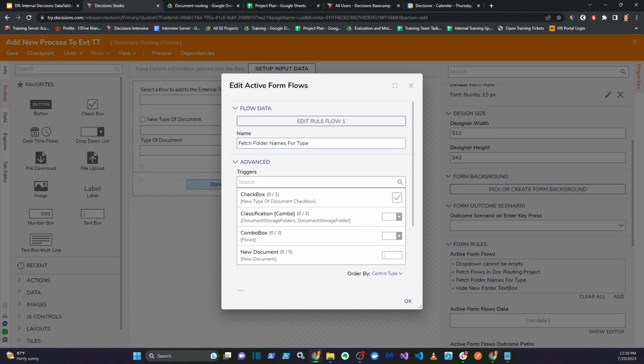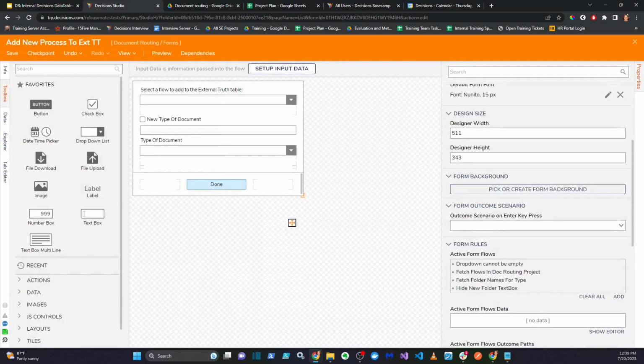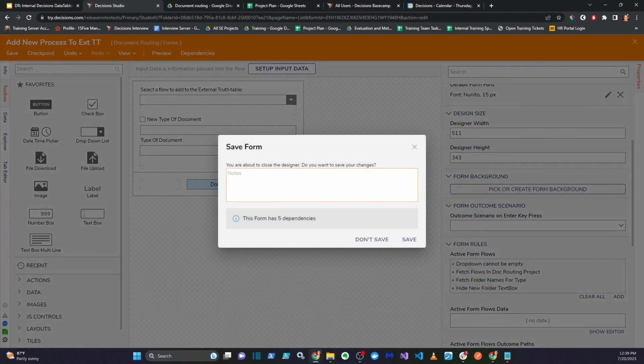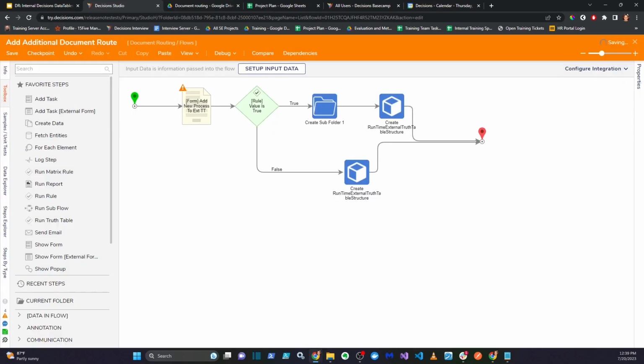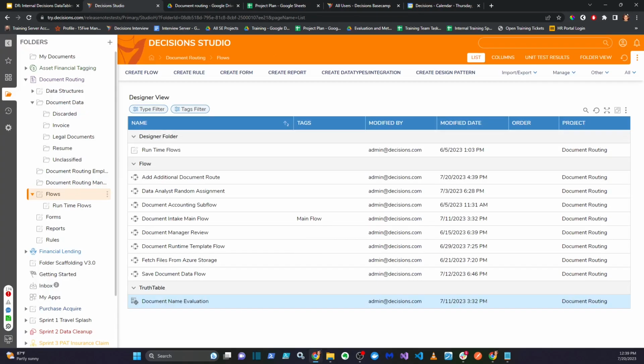It's pretty simple. The only complex part is just understanding that you can leverage those internal decisions data types to create a scalable process that builds designer elements for you. And that's the power of what this project shows you, is that you can create decisions to build itself so that if you have a new route you want to add, you don't need to create some long process that